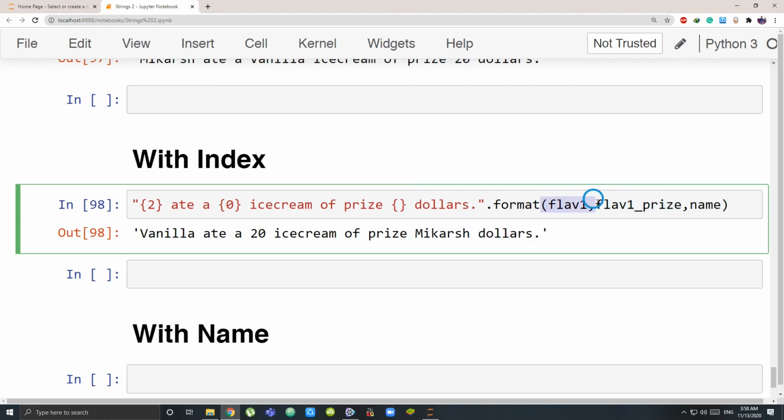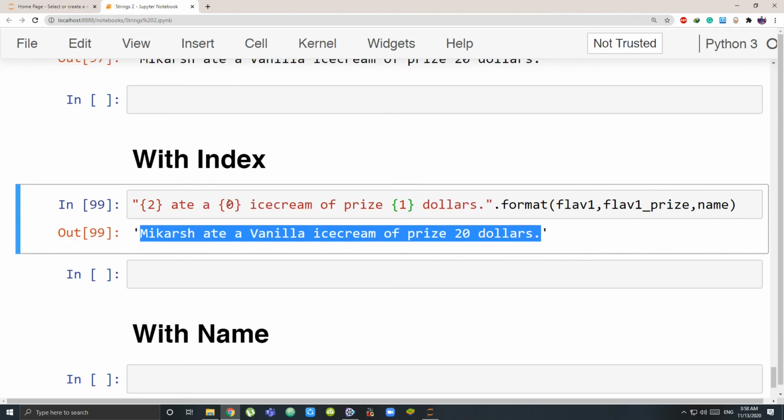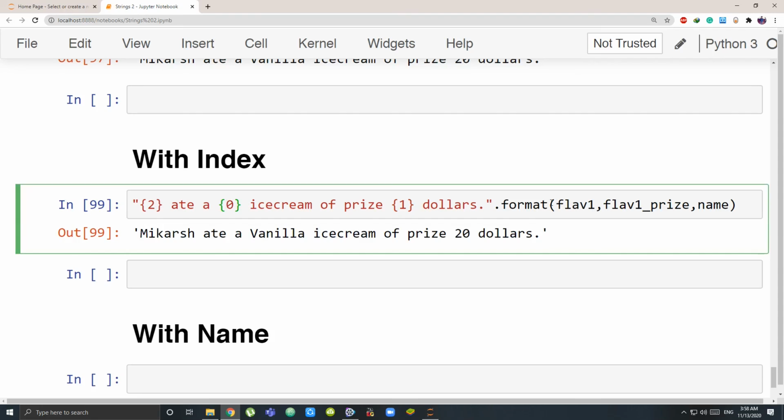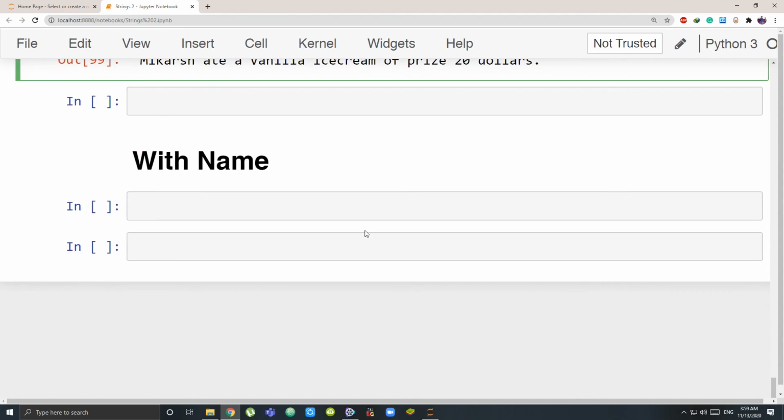That means flavor 1 is 0, flavor 1 price is position 1. Now when I print it, you see things are coming so perfect. So if you are not putting everything after dot format in order, you can specify what index it should take the value from. Okay, that was one thing.